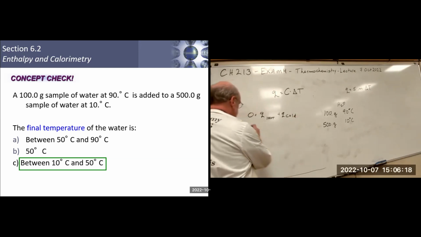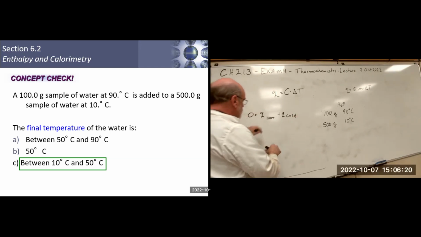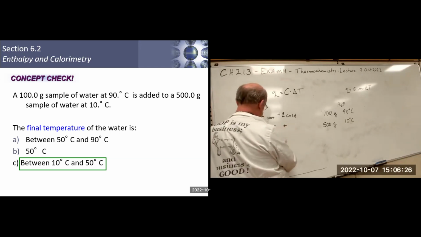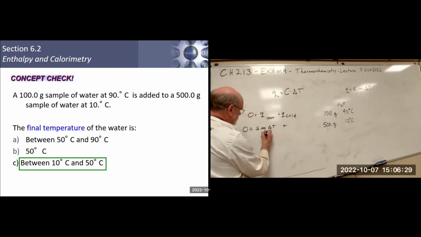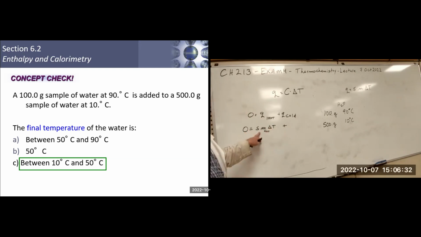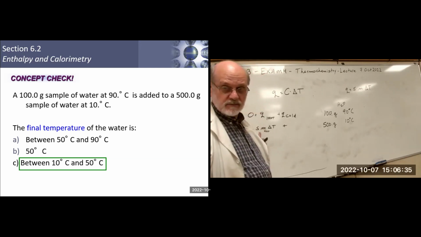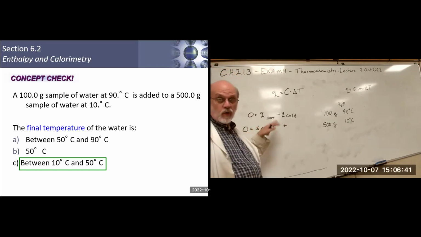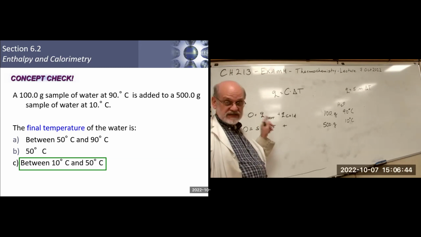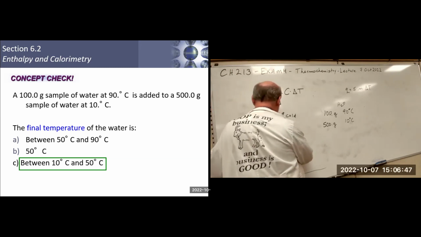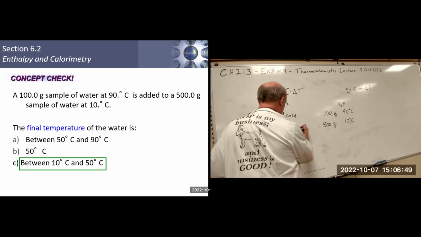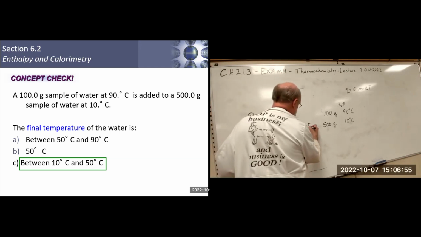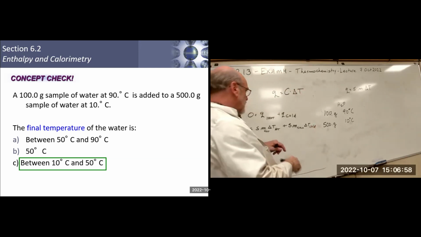All right? So what is that going to be equal to now? Well, Q has to be S times mass times delta T. And this is the mass of the hot. The specific heat capacity is going to be the same, right? We just don't know it yet. I'll tell you in a second. So this will be the same for both of them because they're both water. The temperature change is going to be different. So that's the same. This is different, cold. And delta T. This is going to be delta T hot. This is going to be delta T cold. Okay. So now,